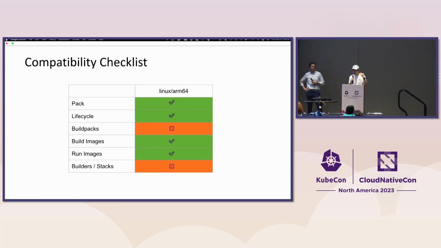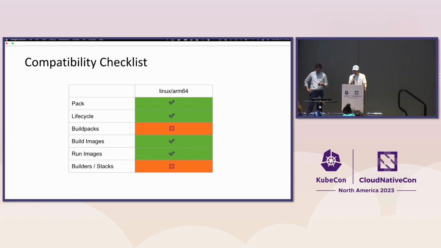And so as a project, we created this checklist of the things we need to do to actually support something like Arm64. Luckily for us, we've been building pack and lifecycle binaries for both AMD64 and Arm64 for a while, so you can just pull those off our GitHub releases. But most of the Buildpack vendors aren't actually producing Arm64 Buildpacks,